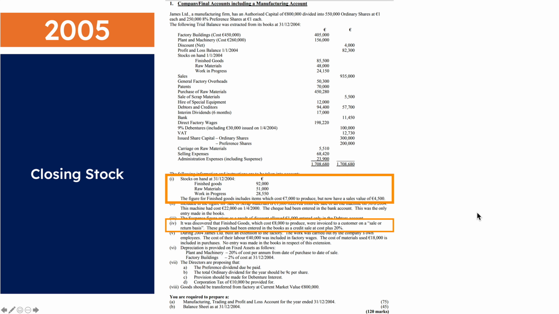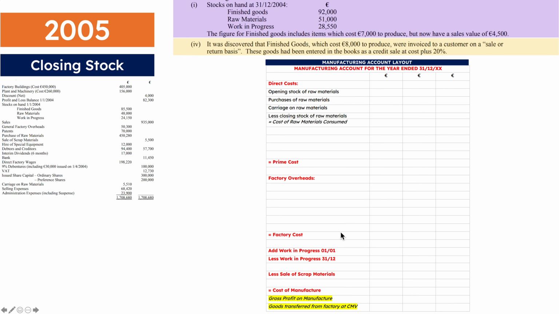Now, 2005 manufacturing account. So again, we have just the three types of stocks, and then we have the figure for finished goods includes items which cost 7,000 to produce, but now has a sales value of 4.5. And then number 4, it was discovered that finished goods which cost 8,000 to produce were invoiced to a customer on a sale or return basis. These goods had been entered in the books as a credit sale at cost plus 20%. Okay, so